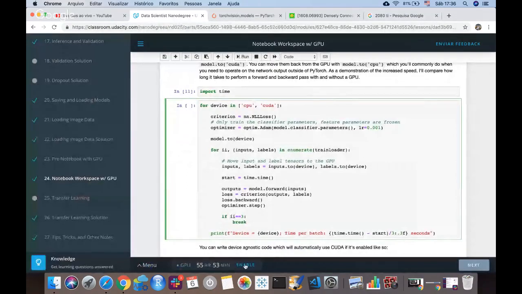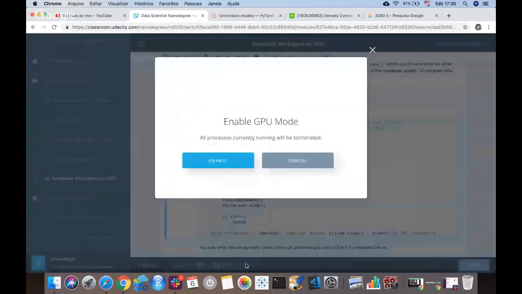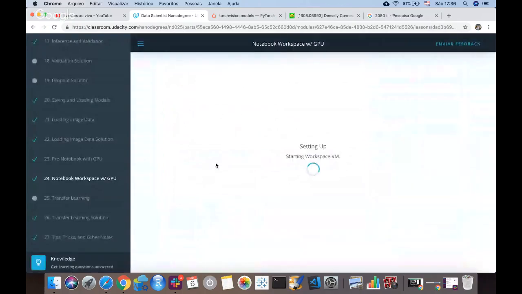For that, we're gonna finally enable the GPU. As you can see, I actually have a lot of time right now still, but I'm gonna enable this, and I'm actually using my time right now, so you have to be pretty fast. As I said before, you set up everything before you begin training your model, and only then you activate the GPU workspace, because you don't actually need the GPU workspace for anything else, just for the training. And when you're ready to train your model, then you activate the GPU,